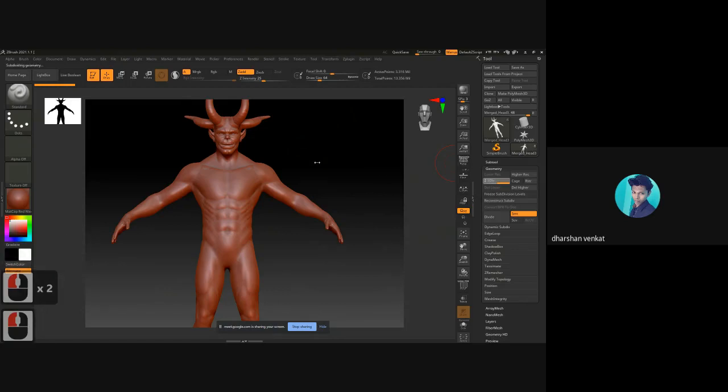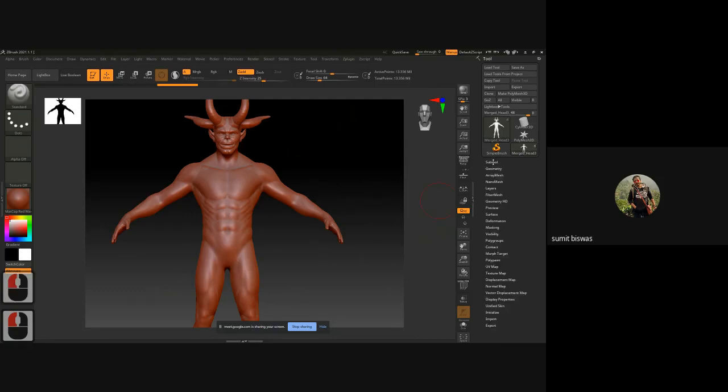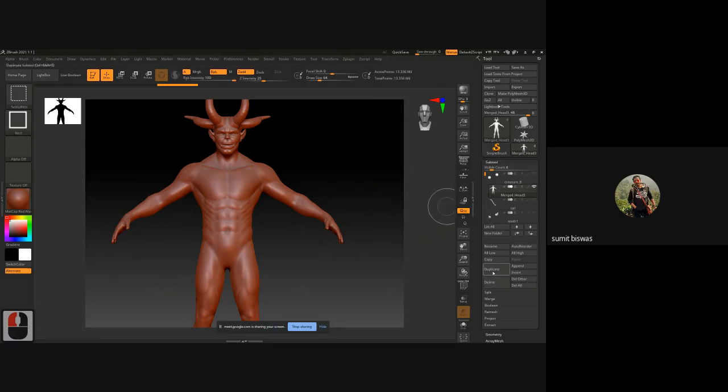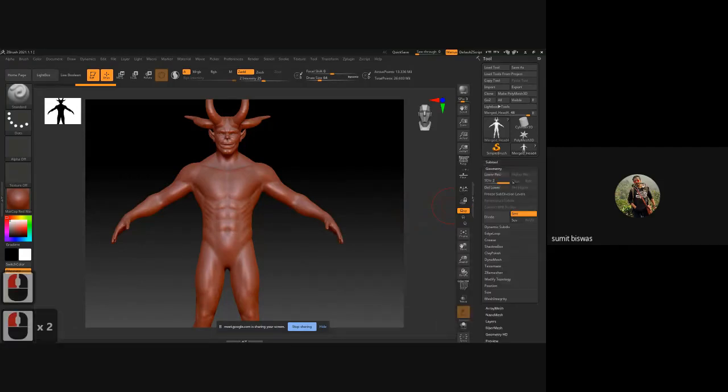Second subdivision level, 13 point something. Okay, so I'll keep it like this. Highest subdivision level, go to sub 2. So select your body, Ctrl Shift D or duplicate any one of them. Duplicate your model, so now I have two bodies, right? Switch off any one of them and select the other one, and simply delete the lower subdivision levels